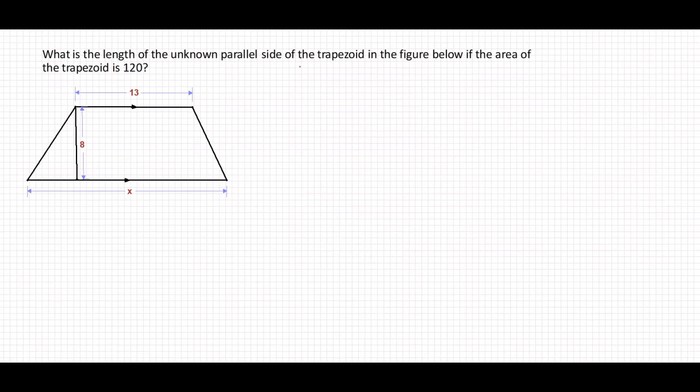So what is the length of the unknown parallel side of the trapezoid in the figure below if the area of the trapezoid is 120? Okay. Best practice, as I said earlier, let's start with what we know. We know the area is 1/2 B1 plus B2 multiplied by H. Our area here is 120. We have B1, we're missing B2, we have the height. So it's going to give us 1/2 B1 is 13 plus X